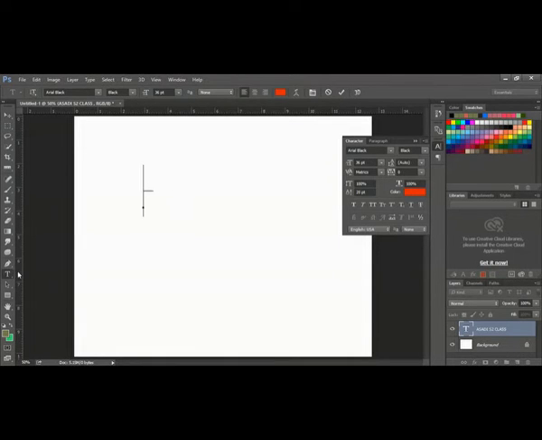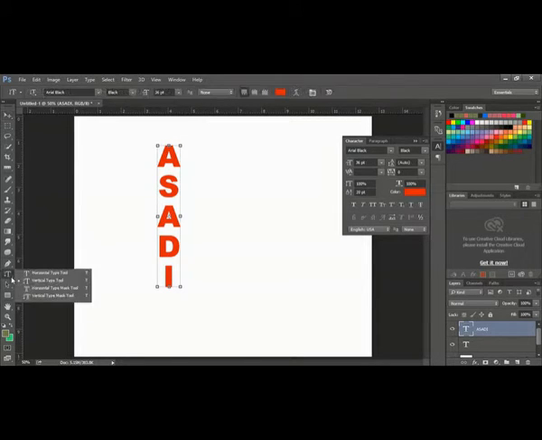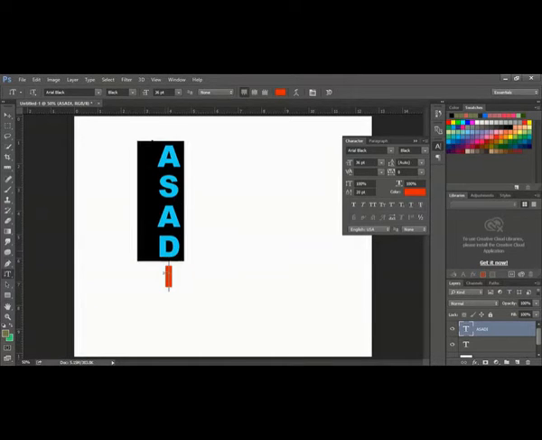Now I will go to text. I'll make a vertical. Sorry, you can see that you can write in vertically. If you want to write something in a vertical way, you can use the vertical. You can select this, change the font, change the size, and any other option from here.